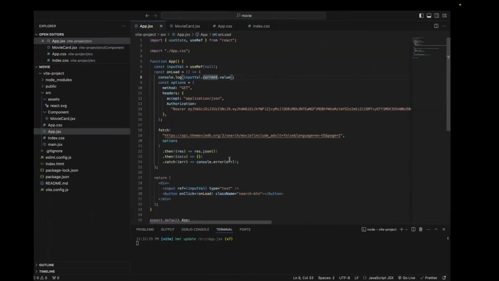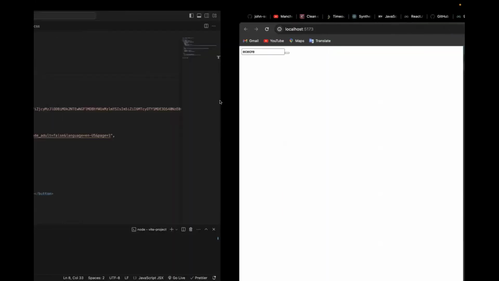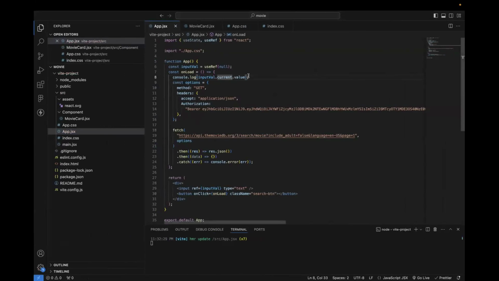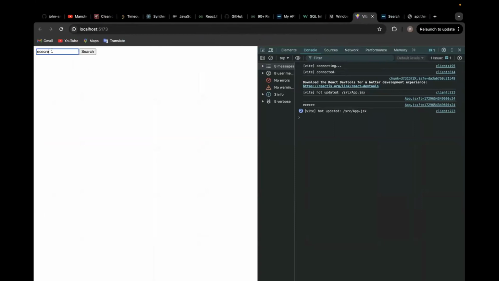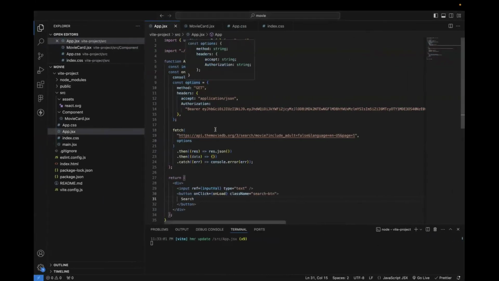Write down something. I like your submit button. Yeah, I have to put something there. Okay, put search. Got it. So we have to store the input value like